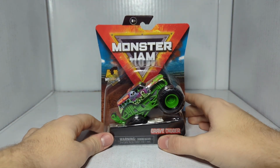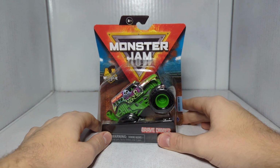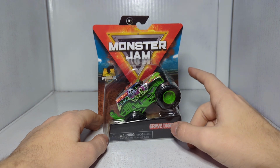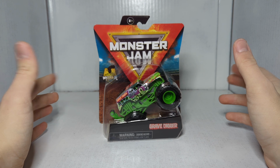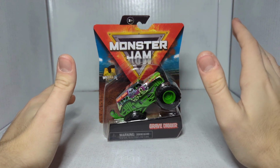Now, if you guys may remember when I did my Series 27 review of the Spin Master Monster Jam mainline, there was a very distinct truck in the Series 26, my bad. Oh shoot, that's not right. No, it is Series 26. Yeah, Series 26 review. There was a very distinct truck in there, and it was the 25th anniversary Gravedigger. It was meant to be the black 25th anniversary Gravedigger with a chrome body. They screwed it up. I don't know how they screwed it up. The excuse that they give is that